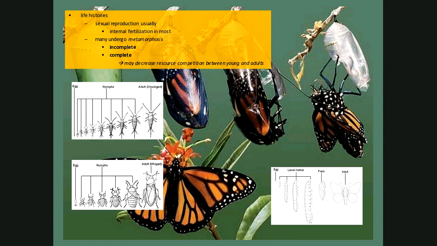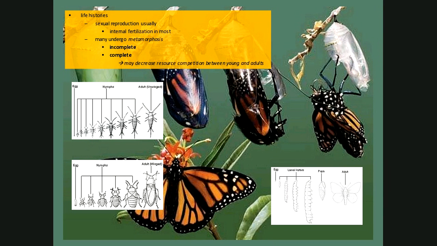Again, the reason why that would be interesting about insects is one of the reasons we believe that this complete metamorphosis may have evolved in certain organisms is because it reduces competition, right? We talked about dispersal is the whole idea of getting your young to go, get away from me, I don't want to compete for resources. But another way that can be done, in addition to that dispersal, is you can make the young different, and they feed on something different. So the caterpillars feed on one part, and then once they metamorphose in the chrysalis into a butterfly, the foodstuffs typically tend to be something different. So that's kind of an interesting way of dividing up the resources in an environment.